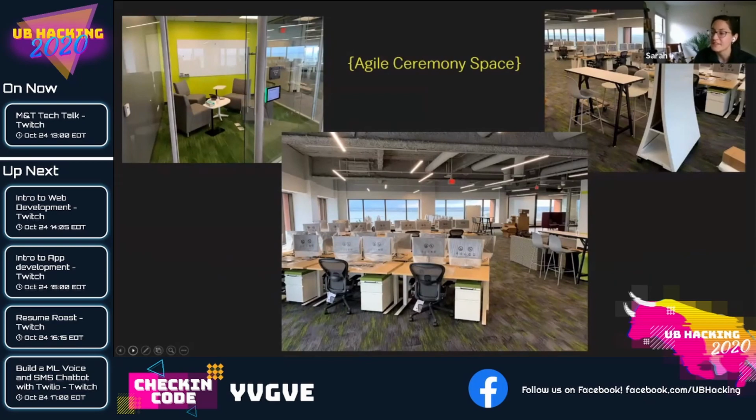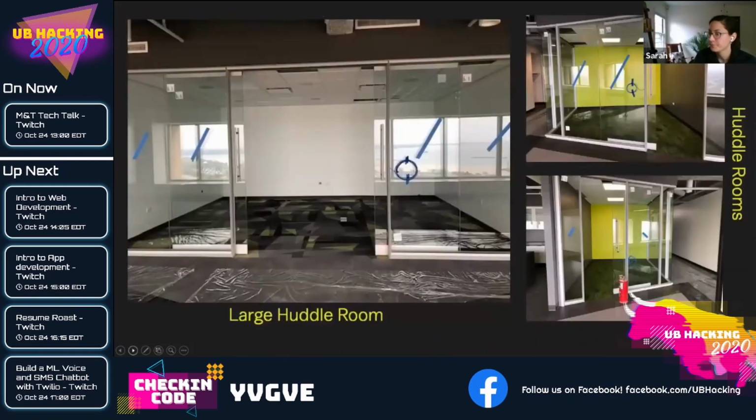Again, a few more photos here of some of the agile ceremony space and workstations. We also have spaces that we call huddle rooms. So these are spaces where teams can come together in an area that's a little bit more private than some of the ceremony spaces. And what I will note, what is very interesting about the design of the Tech Hub too,